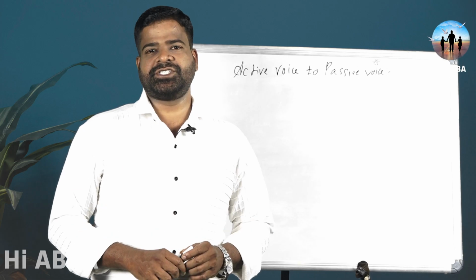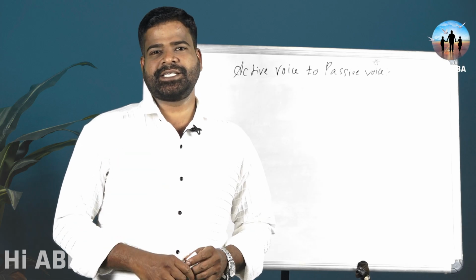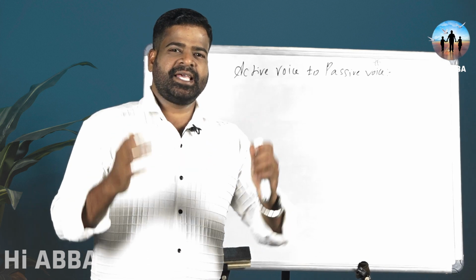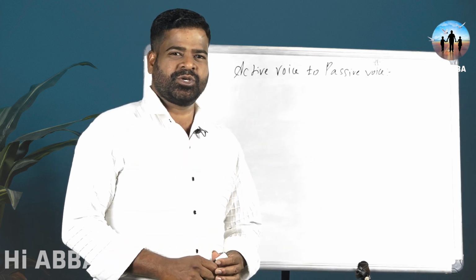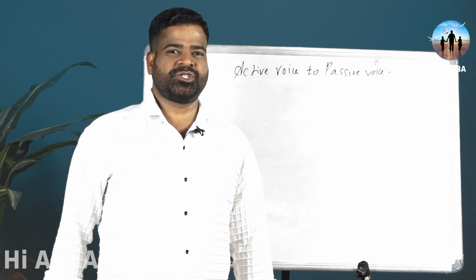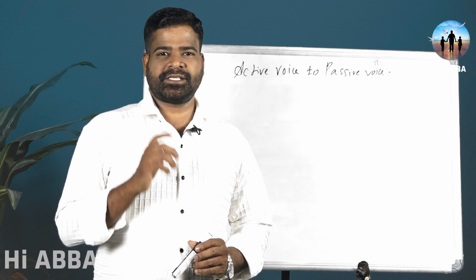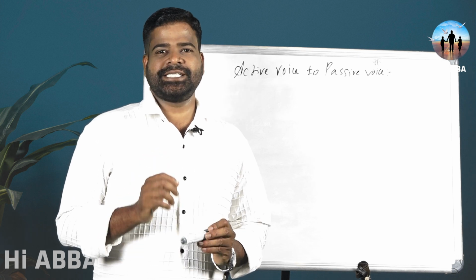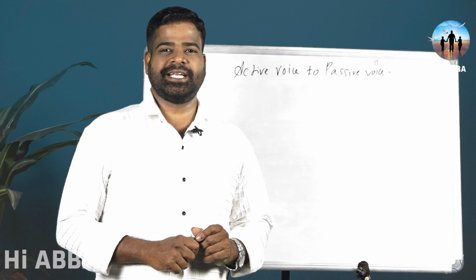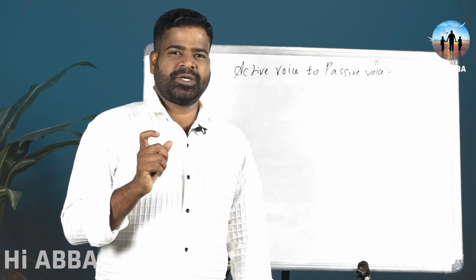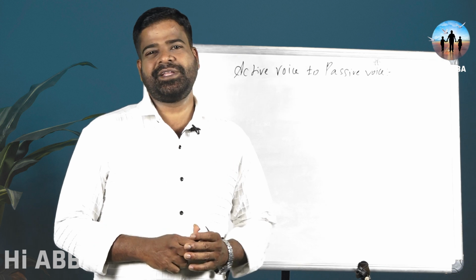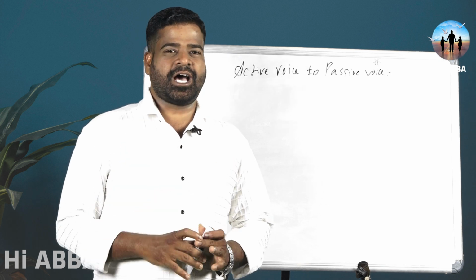In this Abba TV channel, we have been giving some classes on English, how to communicate in English. So we have been dealing with grammatical portions actually. So far we have been dealing extensively with how to change an active voice into passive voice. In the last video, interrogative sentences, how to change an active voice into passive voice, that also WH questions, we have dealt with. Now when you talk about these WH questions, there is another realm, another phase for these WH questions. We are going to deal with that now.